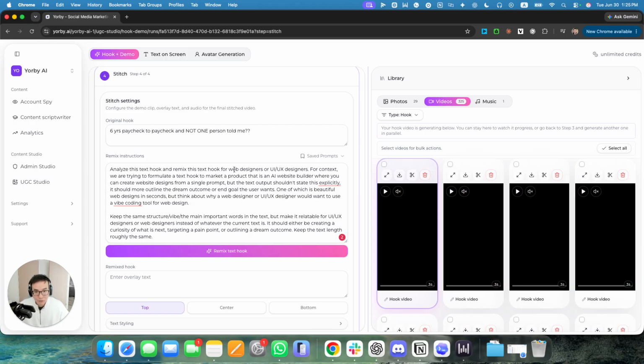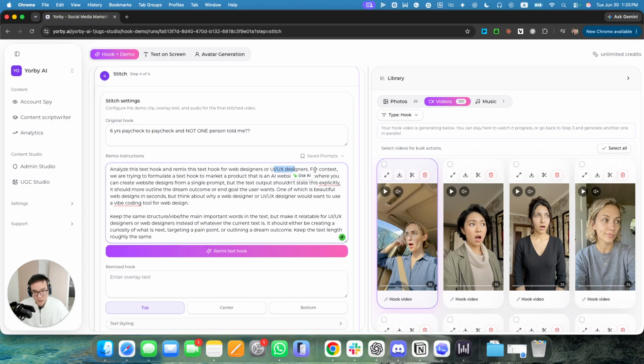remix this text hook for web designers or UI UX designers. For context, we are trying to formulate a text hook to market a product that is an AI website builder where you can create website designs from a single prompt. But the output shouldn't state this explicitly. It should more outline the dream outcome or end goal the user wants, one of which is beautiful web designs in seconds. But think about why a web designer or UI UX designer will want to use a vibe coding